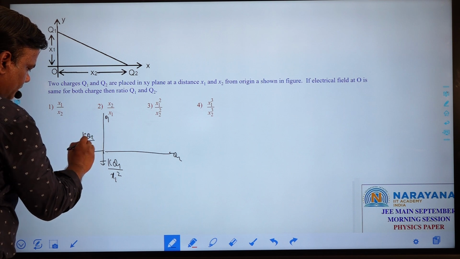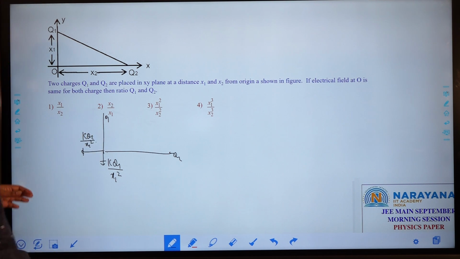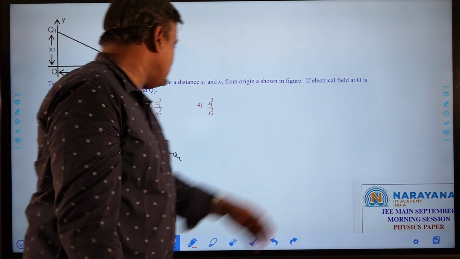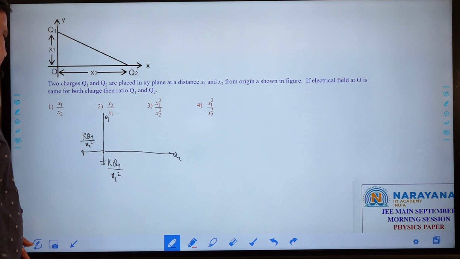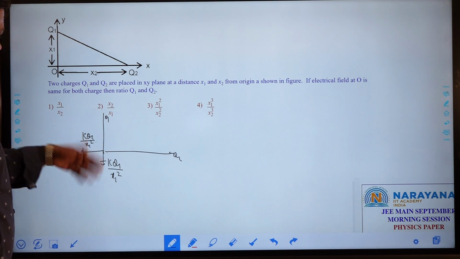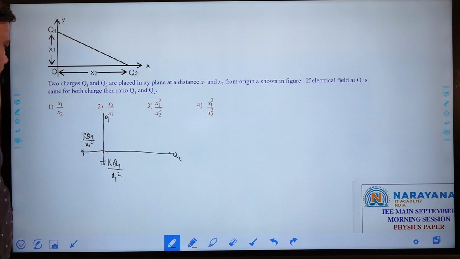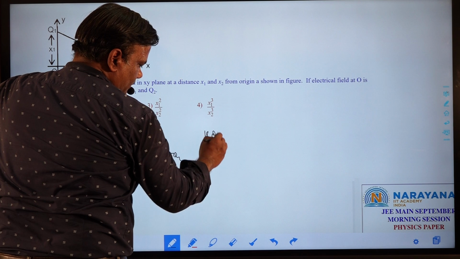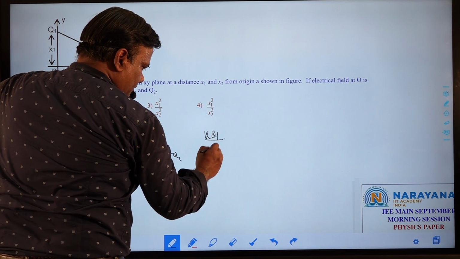kq2 by x2 square. Now the ratio of this electric field is asking, he is asking that the electric field at O is same for both the charges. Means these two are equal. Actually it should be mentioned magnitude. The directions are different. So if electric field magnitudes are equal, then I can get kq1 by x1 square equals